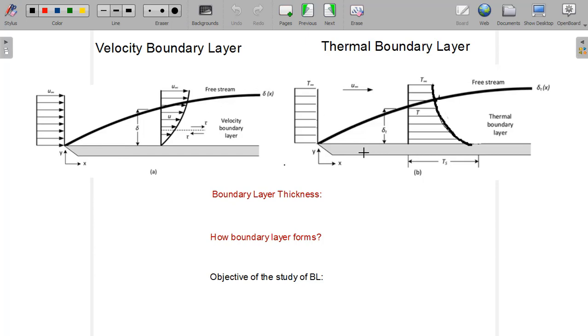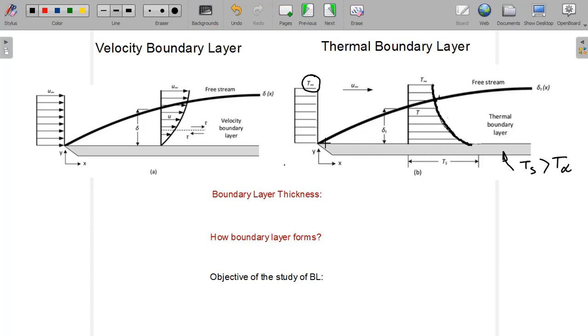And on the right hand side, if we consider a hot plate, let us consider this Ts is a hot plate which is at a higher temperature than the free stream temperature. Let us consider the free stream temperature is T infinity, and if Ts is greater than T infinity, then